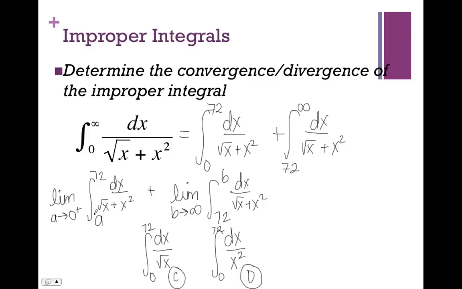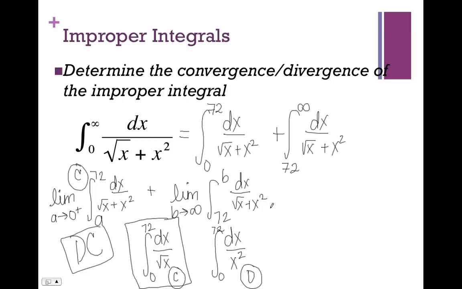Okay? The denominator over this interval is larger than either of these. Therefore, this overall function is smaller in total. Do I want to be smaller than a convergent integral or smaller than a divergent integral? I would like to be smaller than a convergent integral because by direct comparison test, that allows me to conclude convergence, okay? So I'm going to compare this integral to this known convergent p integral and conclude that this piece